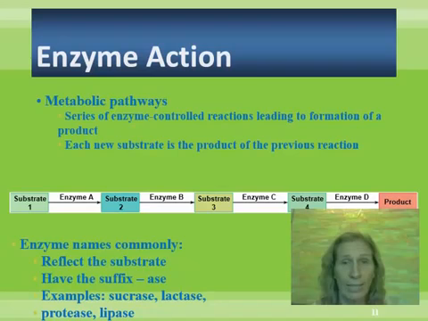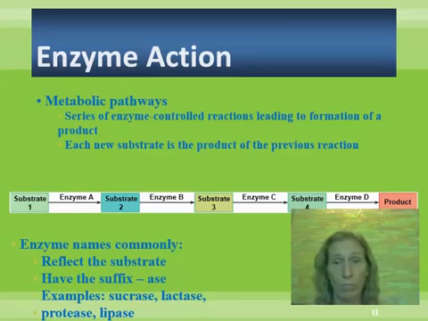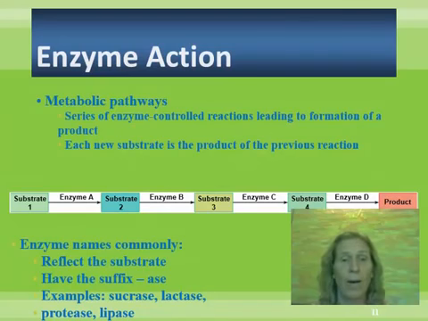That substrate is acted upon by enzyme B, and it becomes substrate 3. So very small changes occur to this molecule by the action of the enzymes, and finally we reach the product. This product is the end of a series of reactions, and the product itself may stop the reaction in a process called